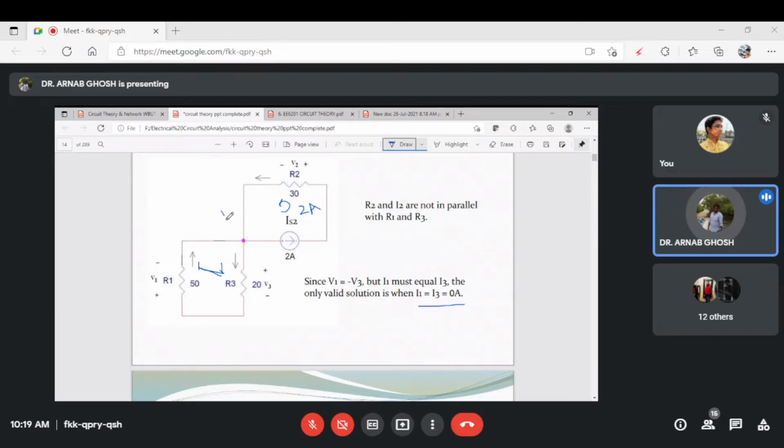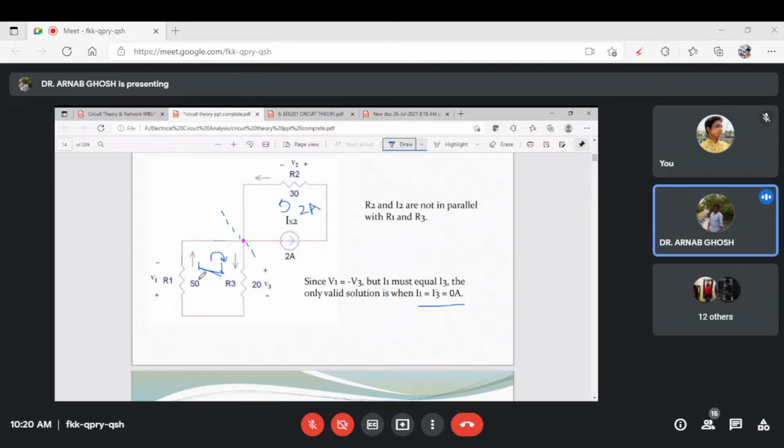Right. So see, these two are almost different entities. They are having just one node in common, but you are not having the voltages as common. You are not having the currents as common. So the current through this 50 ohm will be the current through this R3. Here you are having only one loop current. Here is no loops. So across 20 ohms also, the same current will flow as the current flowing through the 50 ohm resistor. Am I right? The current flowing through the 50 ohm resistor will be same as the current through the 20 ohm resistor.